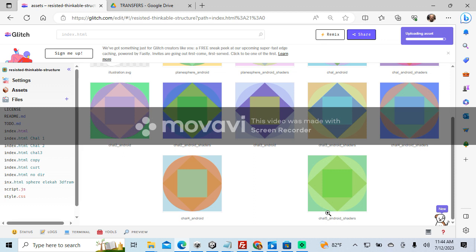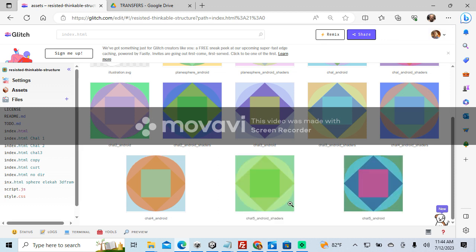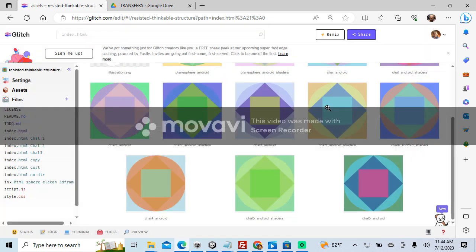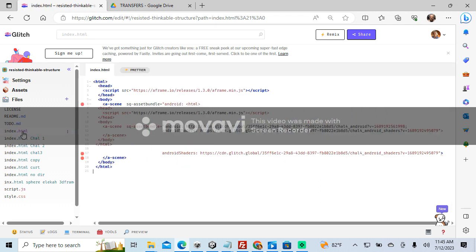I find them down here, and I go to start with the Android one. Doesn't matter, but I'll start with that. I click it once. Oh, I'm sorry, I better change something first. Before I do that, I'll go to my index, and I prefer taking the index file,